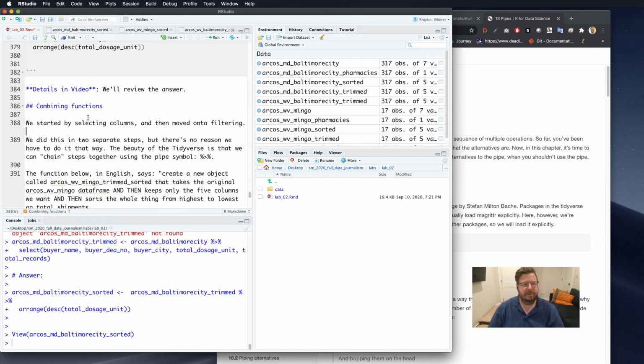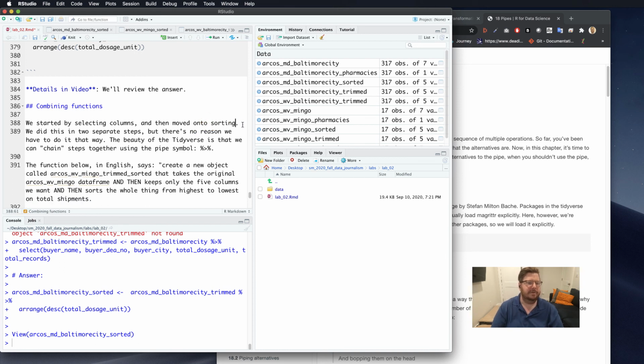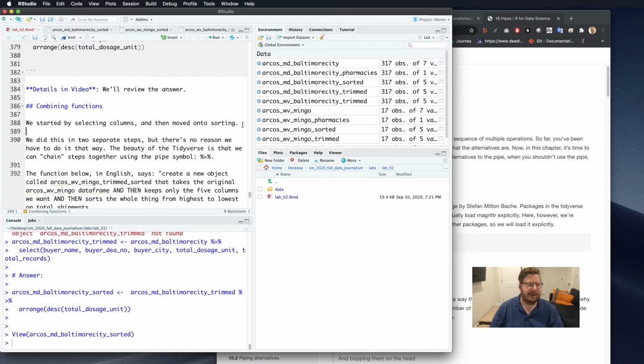Above, we selected some columns and then saved that as a new data frame, and then we moved on to sorting after that. And we did this in separate steps, right? But frankly, there's no reason we have to do it that way. The beauty of the tidyverse pipe is we can chain together both of those steps into one line of code